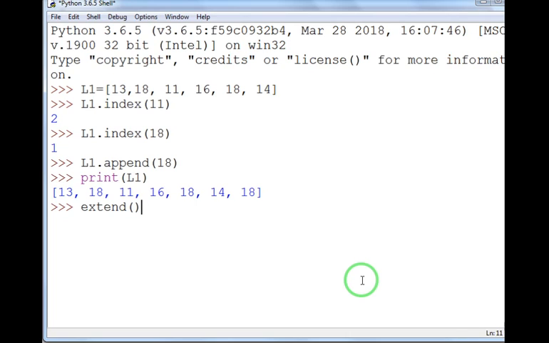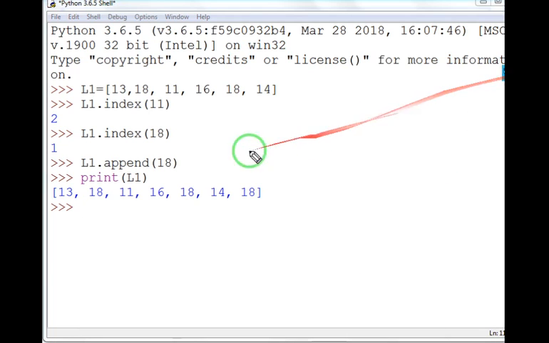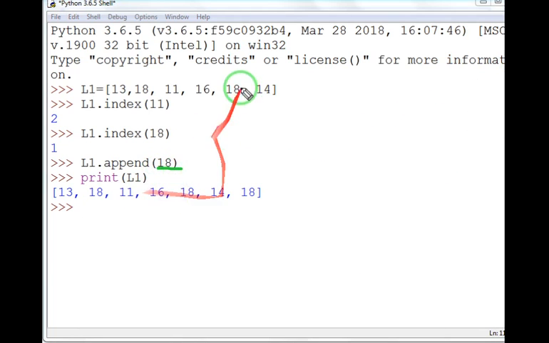If you want to add only one element, for that we will use append, like over here I have added one element to this list. But suppose you want to add multiple elements: with append you can add only one element at a time to an existing list. If you want to add multiple elements to an existing list, we will use the extend method.